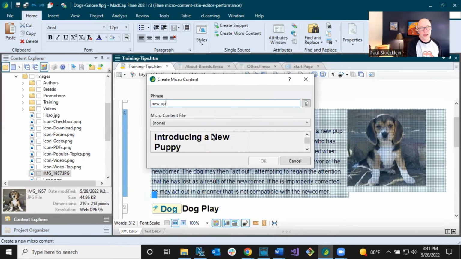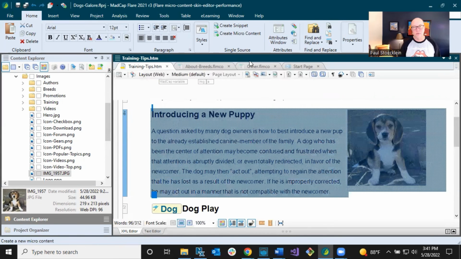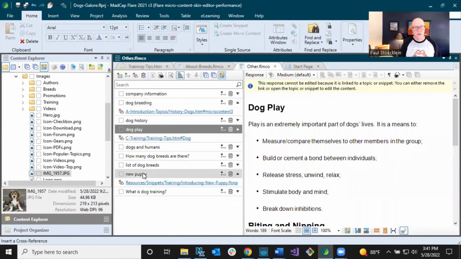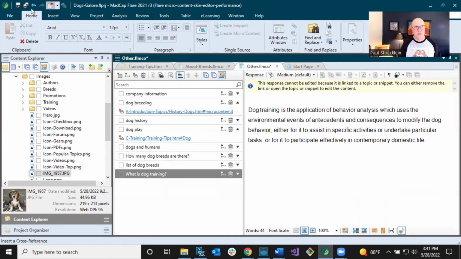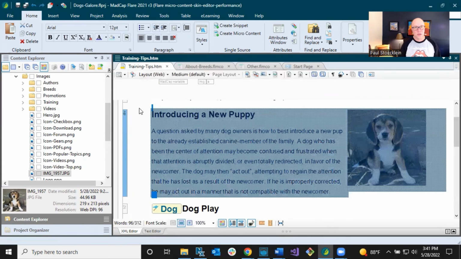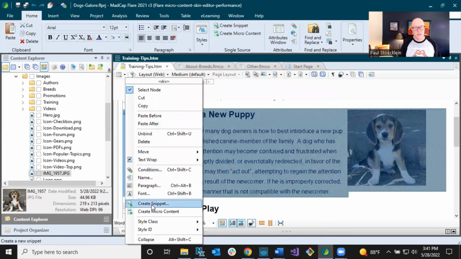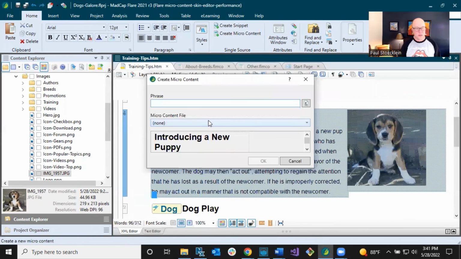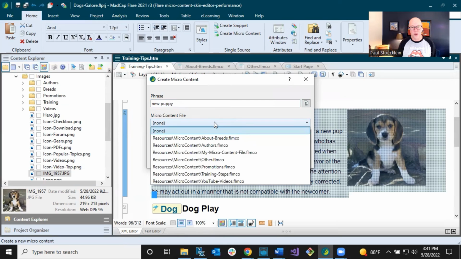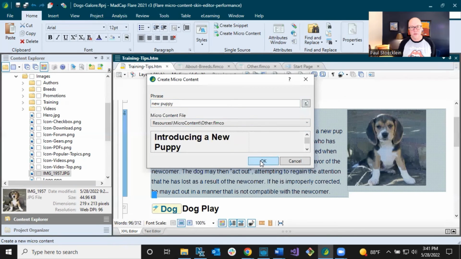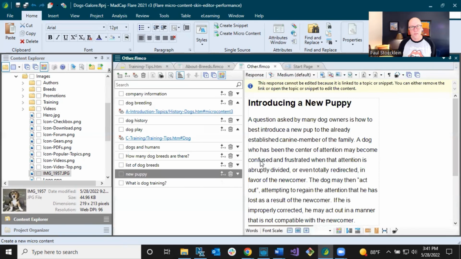Now I already have that other one in there. Let's actually, before we do this, let's go get rid of this one. And I'm going to right click this, create micro content, new puppy, because that's the phrase I want to use. Now, because I have more than one micro content file, I have to tell Flare, where do you want to put this? I want to put it in this other micro content file, and click OK. It opens up that